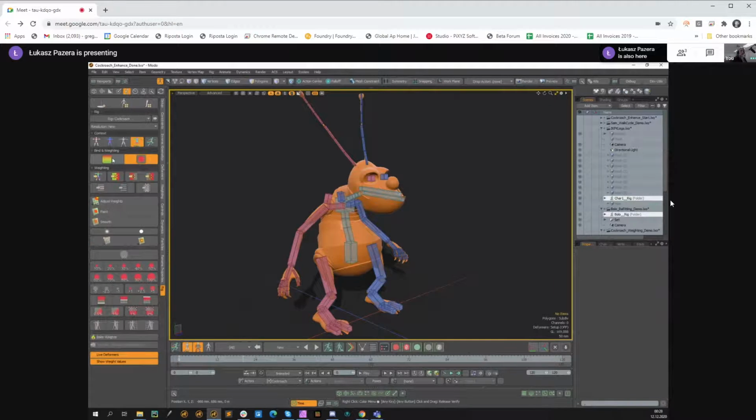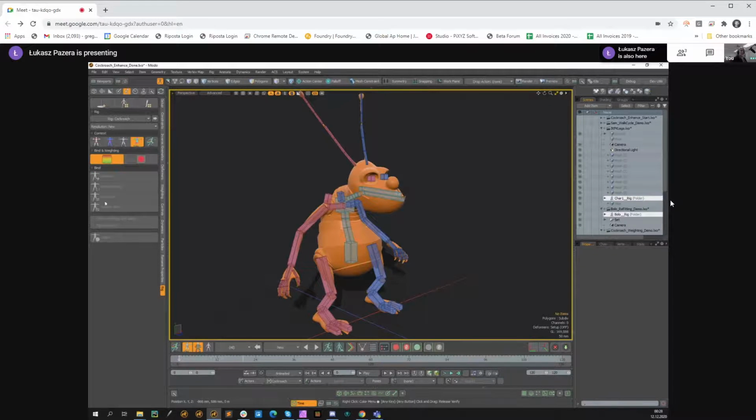And then we have binding and weighting. So here is a section for binding, where you can create binds. You can bind from maps, so that's going to use whatever weight maps you already have. You can copy bind. So if you have two meshes that have the same set of weight maps, the same names, and are meant to be rigged in the same way, you can copy the bind between them, and then you can transfer bind as well. Which means you have, I don't know, clothes on the character, and they are really close to the body, and you don't want to bind them separately or weight them separately. You can do the work on the body and then transfer bind onto the clothes. And